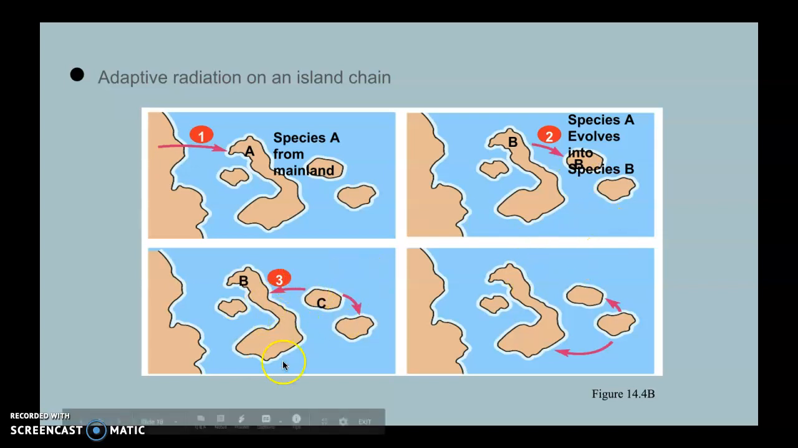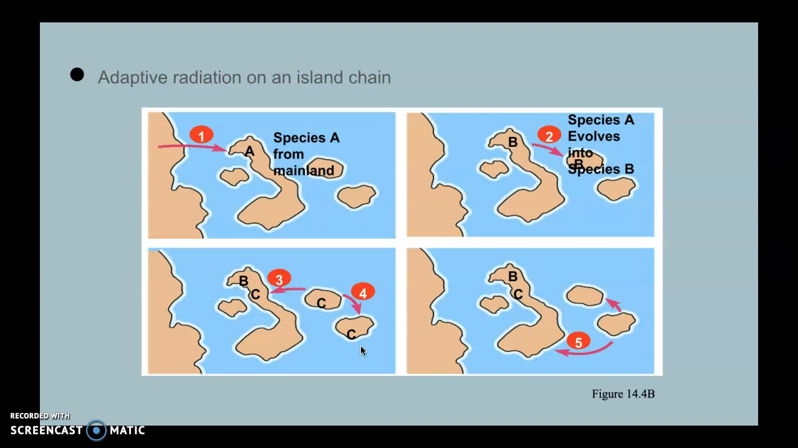So then we've got another species here. Some of these guys move on to the next island. Some stay on the second island. Some go back to the first island. Again, they start to establish their own place within those islands. And then eventually we start to see variation on every island of the different types of birds or the different